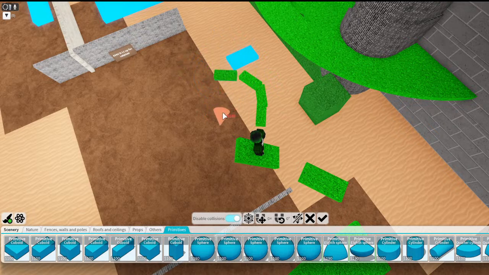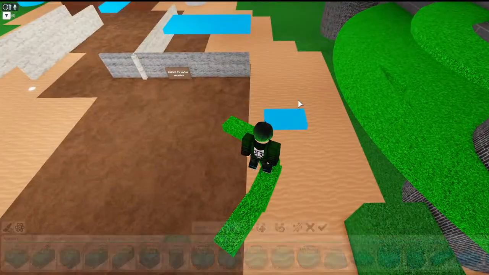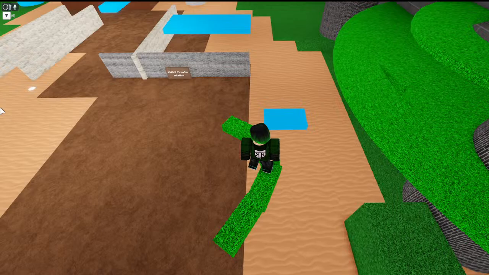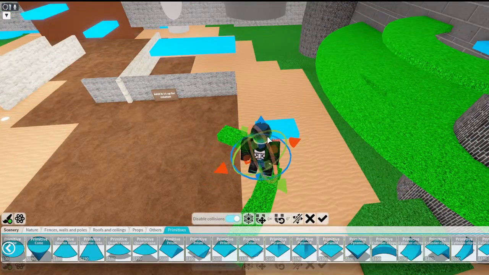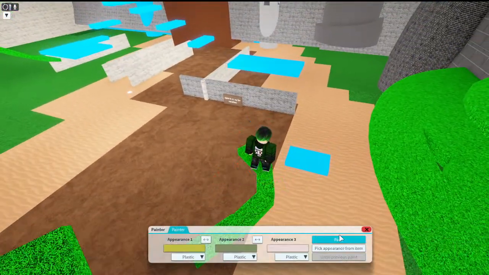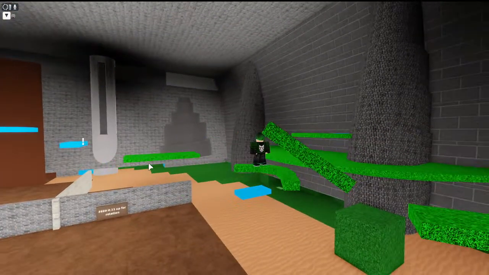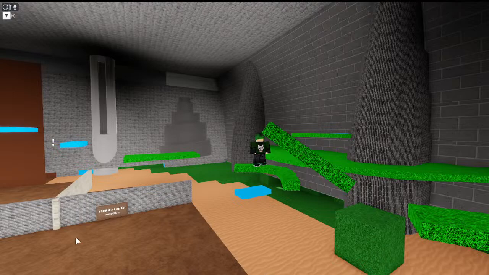Just like this. And then that can dip down, but let's quickly just get that as a base, you know. That is kind of where it's gonna be.